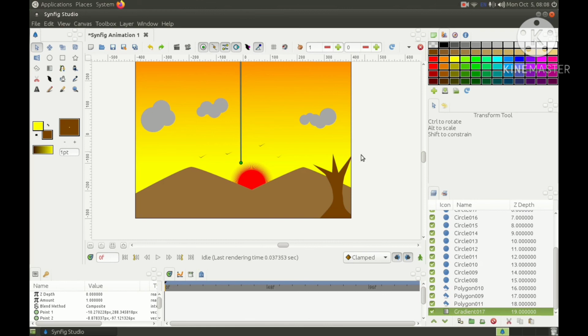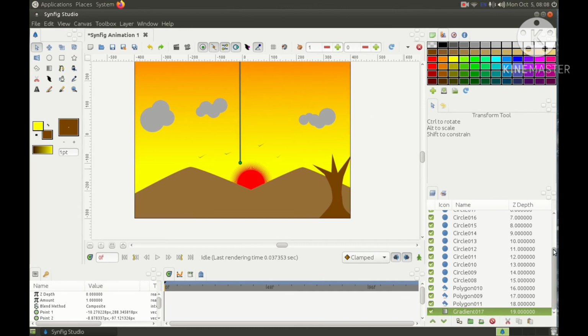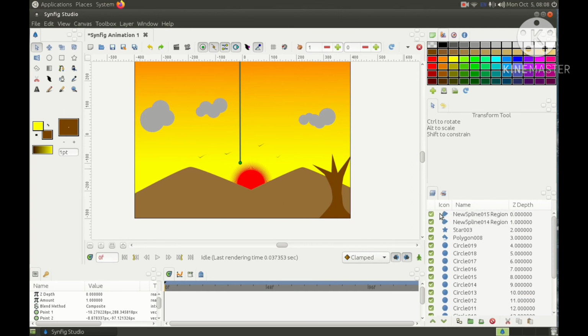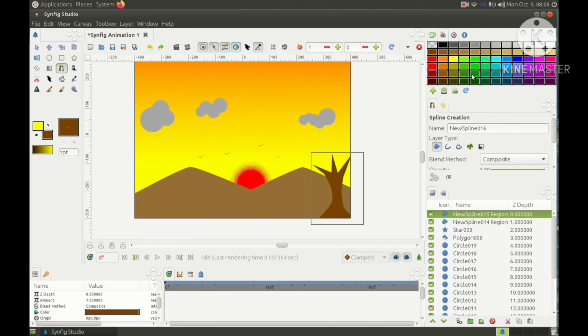Now we will create plants. Now we will create leaves over this tree. So select the SP-line tool again, select the color of the leaf, and select the plant layer instead of region and start creating.